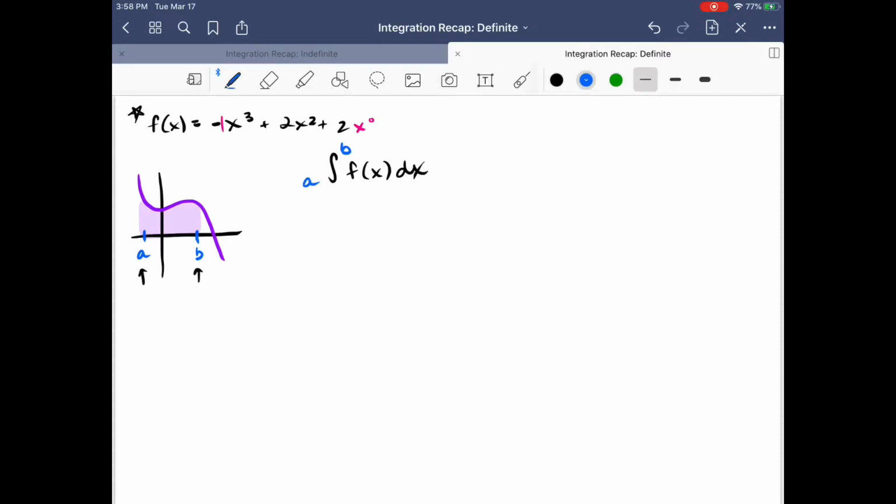So in this case, let's go ahead and pick an a and a b. For this function, let's go from a equals -1 to b equals 2. So sort of roughly where I've drawn them out here. For this function and that a and b in particular then, what I'm looking for is the integral from -1 to 2 of negative x cubed plus 2x squared plus 2 dx. So this is my definite integral notation. This tells me that I want to find the integral from -1 to 2 of negative x cubed plus 2x